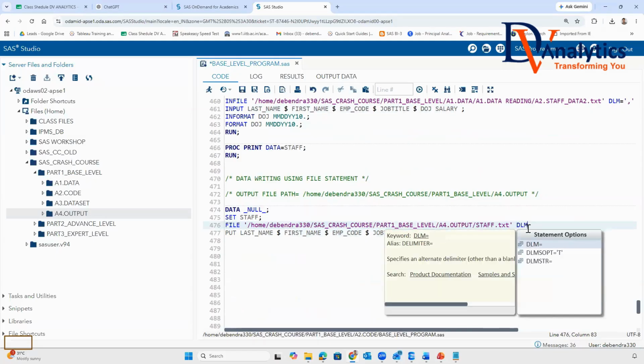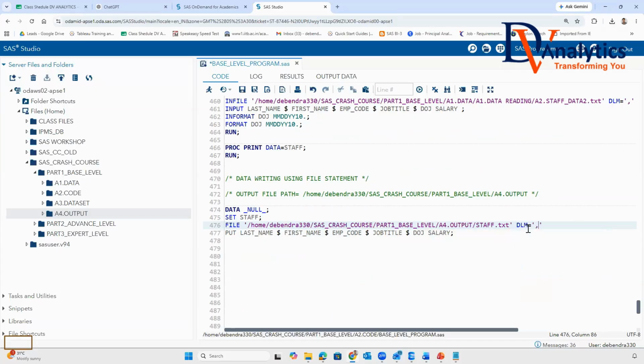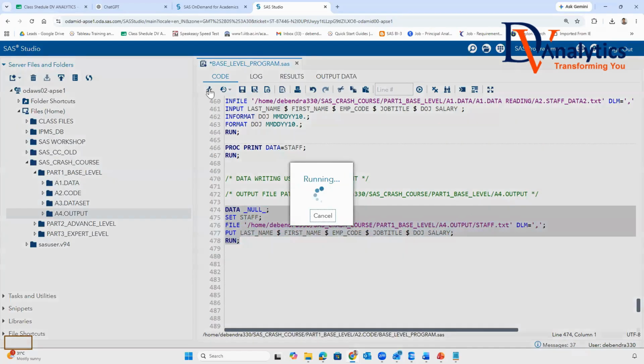I want to use DLM, and I'll give it as comma. Put, and I'll say run. We'll see what is happening. Run the program and see what is happening.